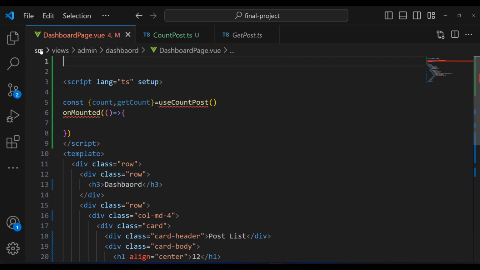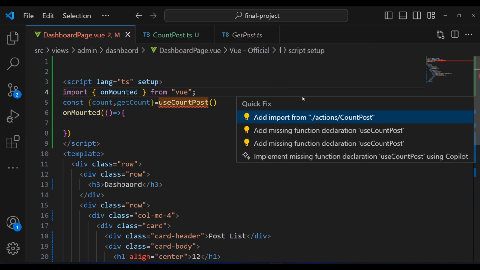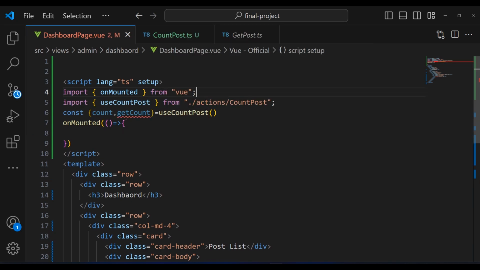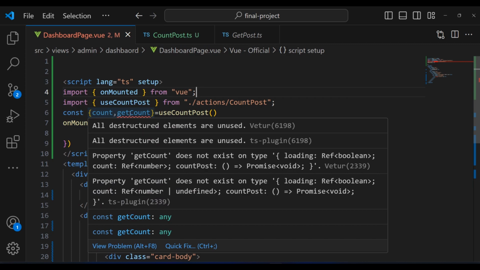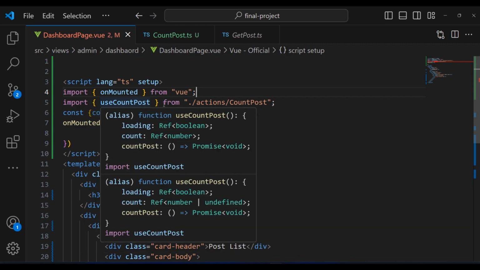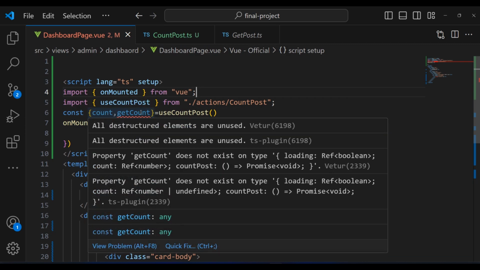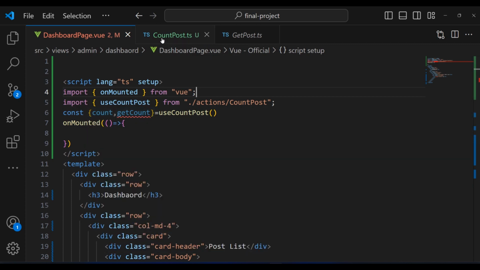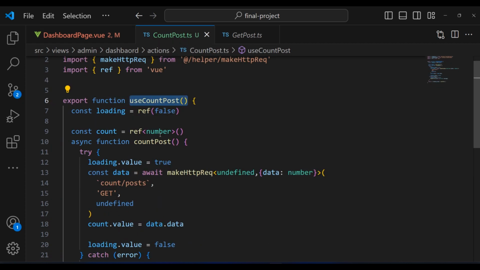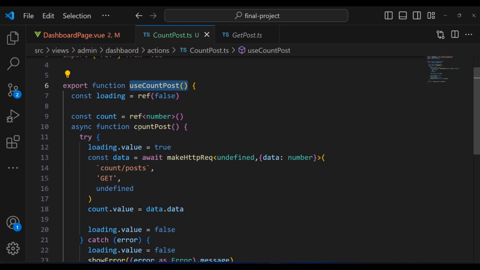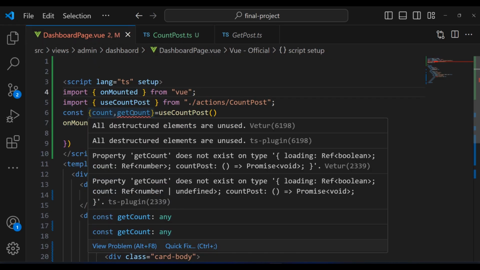And right here, we're going to pass in the onMounted. And right here, we need to import our useCount composable. And right here, we need to call the getCount function. It is a promise. If we hover over our function, let us get into it first. You can see it returns a promise,